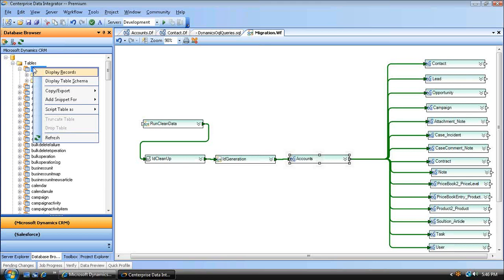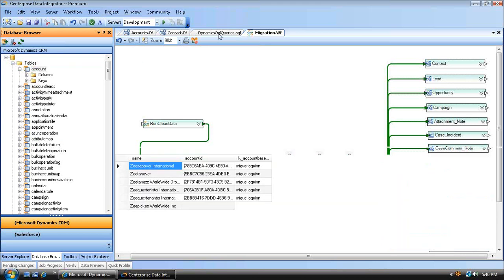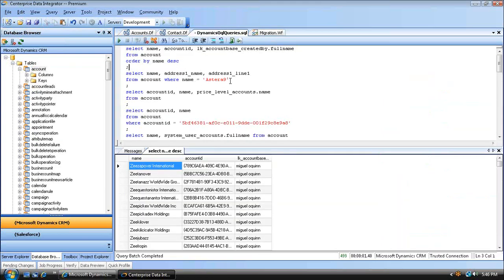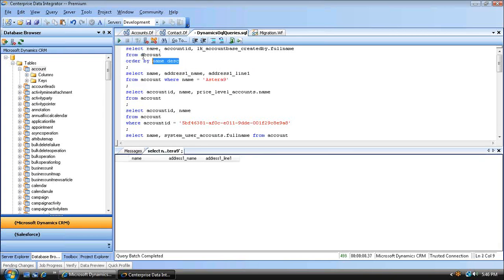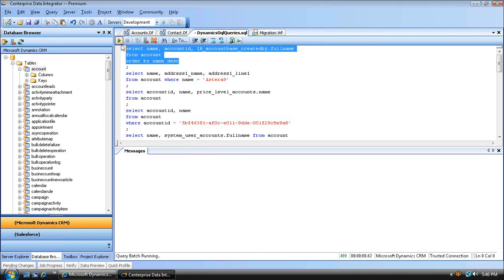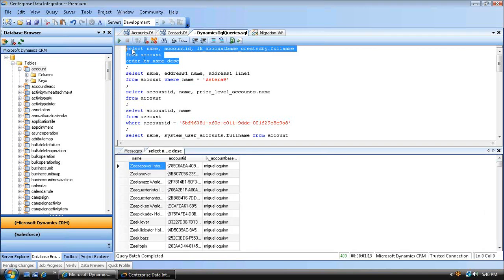And you can also run queries on that. And so here you can see where I have an example of some queries. For example, I can select this. I can highlight a specific SQL statement, select it, run the query, and get the information that I'm looking for. And here I'm running select statements, but they can also be inserts, deletes, updates. Pretty much anything you can do with Transact SQL you can do so with the data source browser component of